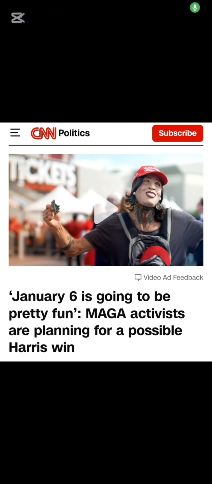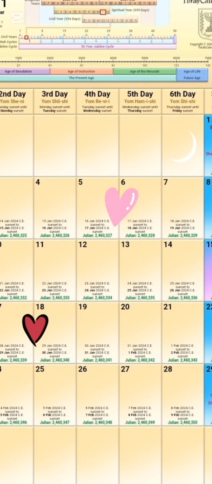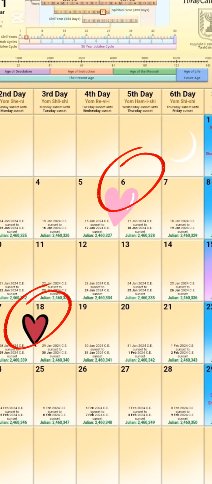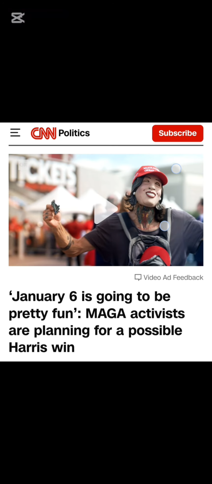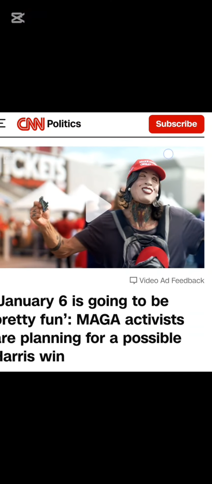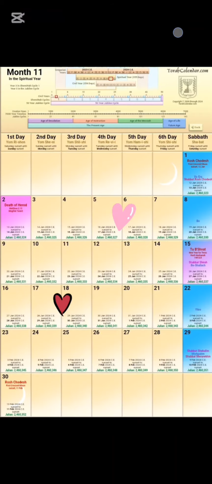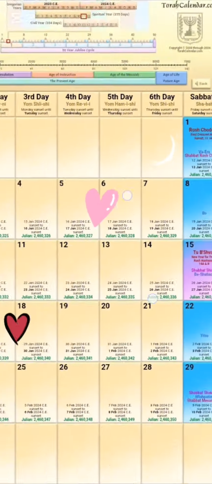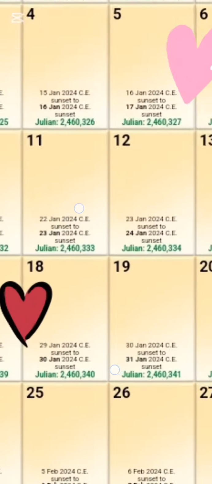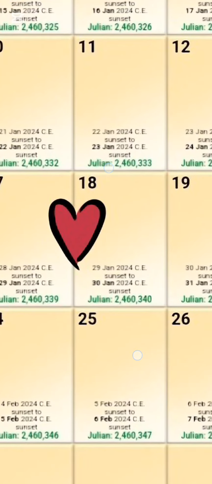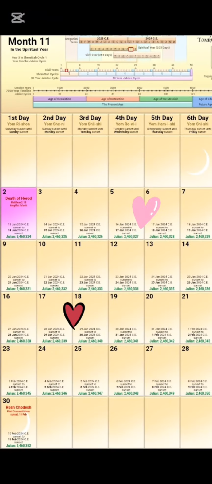Guys, look what CNN just put out there. January 6th is going to be pretty fun. What do the monkey morons think? They're talking about the future January 6th or the past. They're wearing a Day of the Dead mask, well, in my opinion. But look at this. Here's January 6th right here. J6, 11-6, 11-5. That's the 18th. Simply go to the 18th. There's the 29th and 30th. They're literally putting it in front of people's faces. And these monkeys, all they care about is this election.